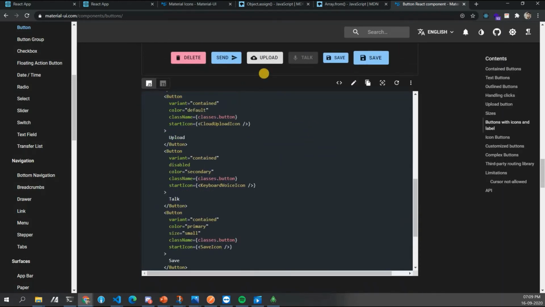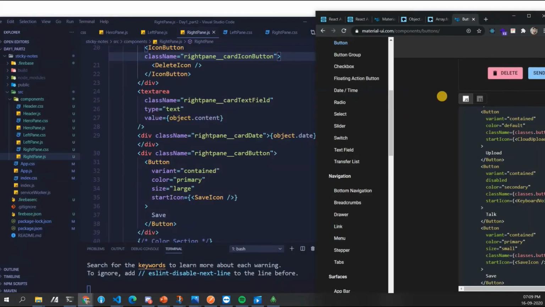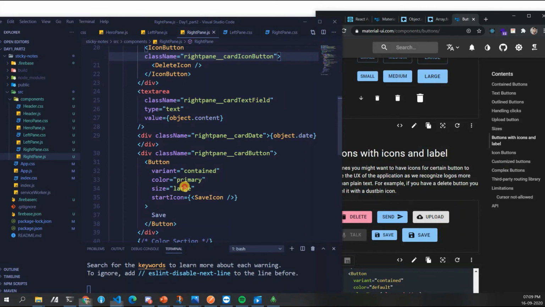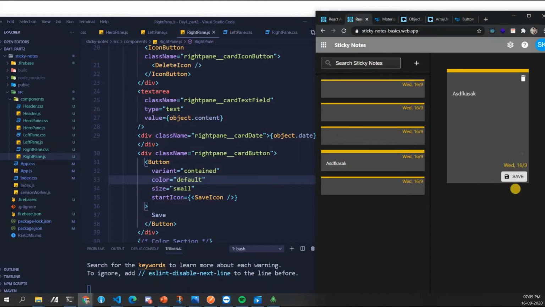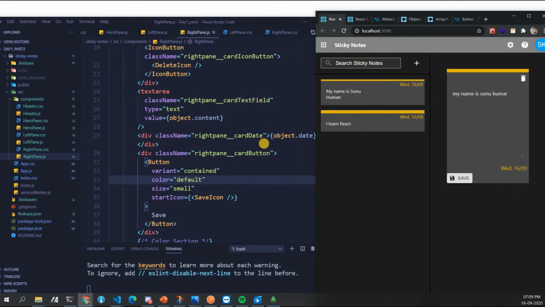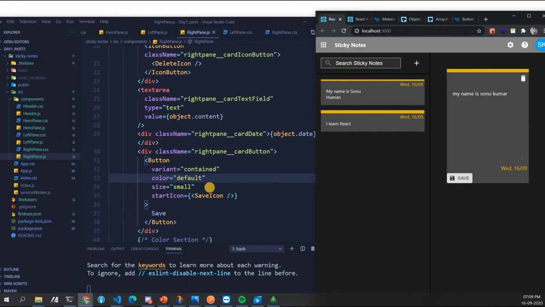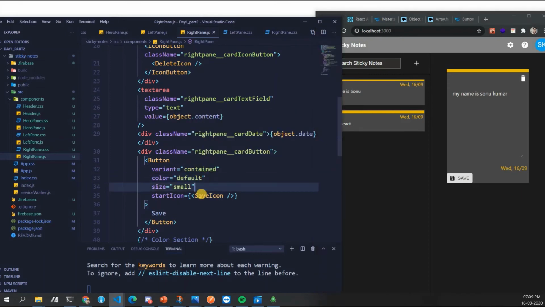Color is default, and if we want to change, we'll do small and default. Let's do this. Okay. I'm doing this so that this matches with what we have created. It matches, no? Yeah, same thing as that. Cool, guys. So just change this in button. Color is default and size is small because we want a grayish button.